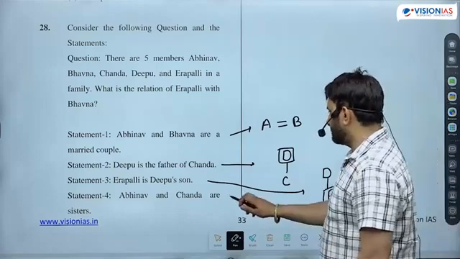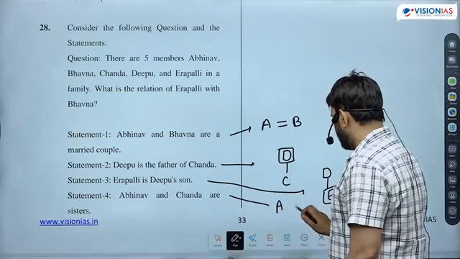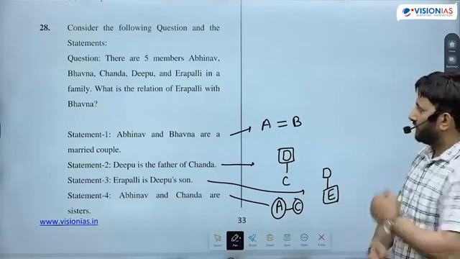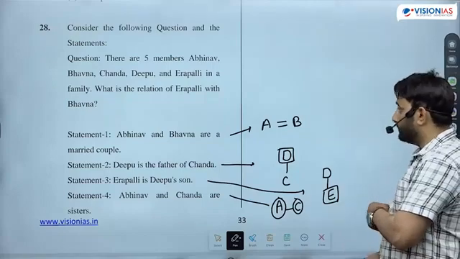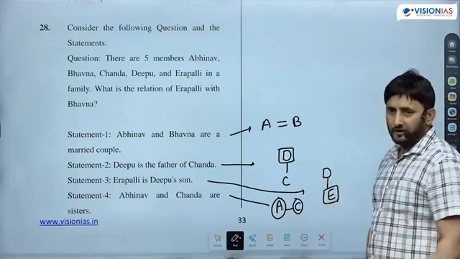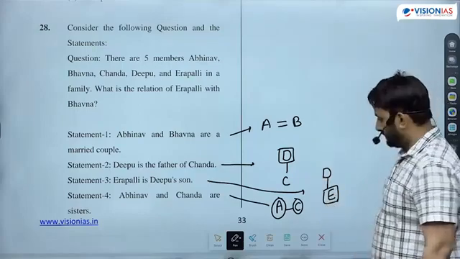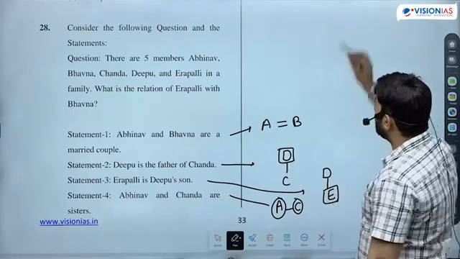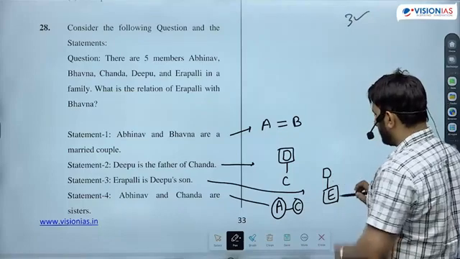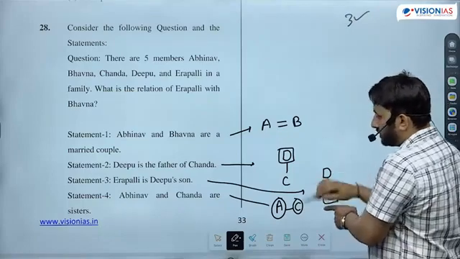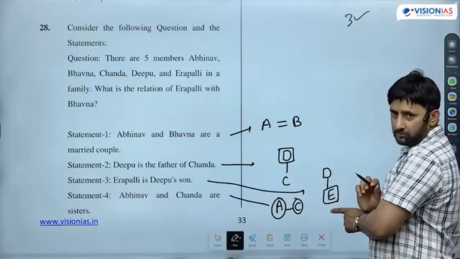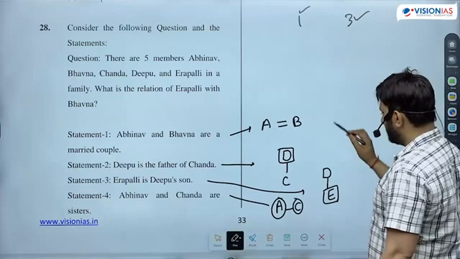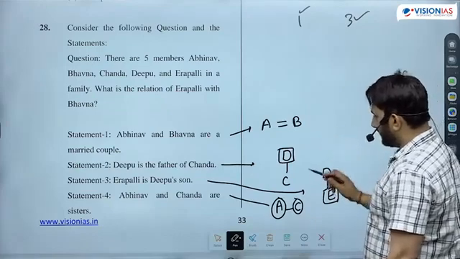Abhinav and Chandra are sisters. Abhinav and Chandra, they are sisters. We have to find how is E related to B. For that we need to know the gender of E. और E का gender हमें पता चला किससे? थर्ड स्टेटमेंट से. तो इट मीन्स थर्ड स्टेटमेंट इज यूज्ड. ओके, फर्स्ट स्टेटमेंट में बी और कहीं पे नहीं है, तो वी हैव टू यूज फर्स्ट स्टेटमेंट ऑल्सो. सो यूज फर्स्ट स्टेटमेंट ऑल्सो. एंड